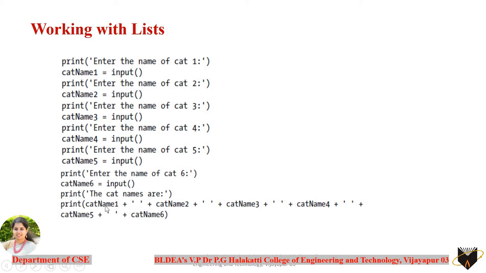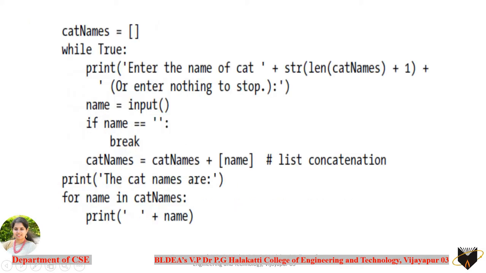While displaying, you are using the print statement by taking all the variable names where you have stored the cat names. So this is the usual thing that you do without using the list when you want to read a large number of values at a time. But now we'll see how this same logic can be reduced, or the number of lines or the complexity of this can be reduced by using the list here.